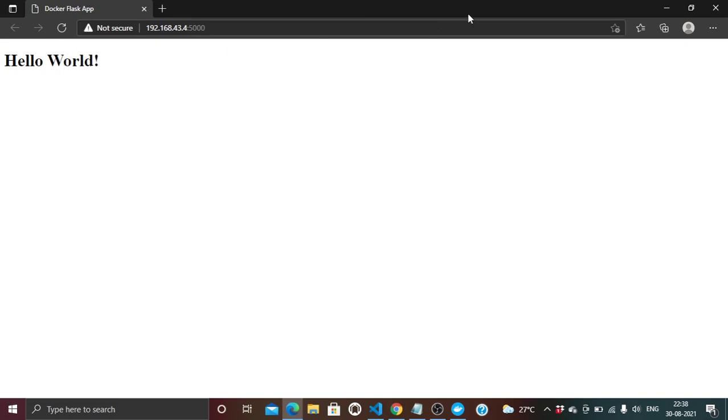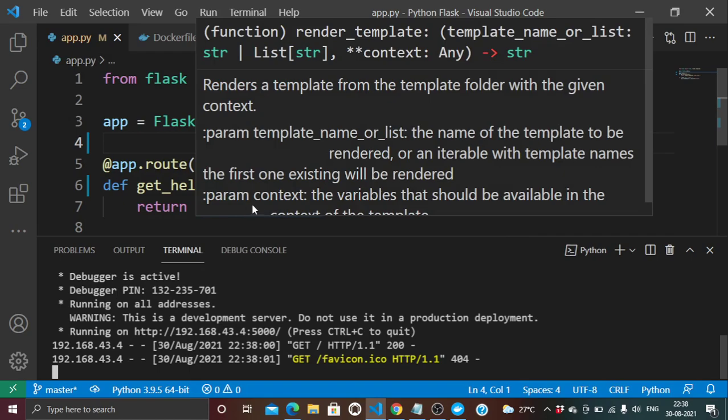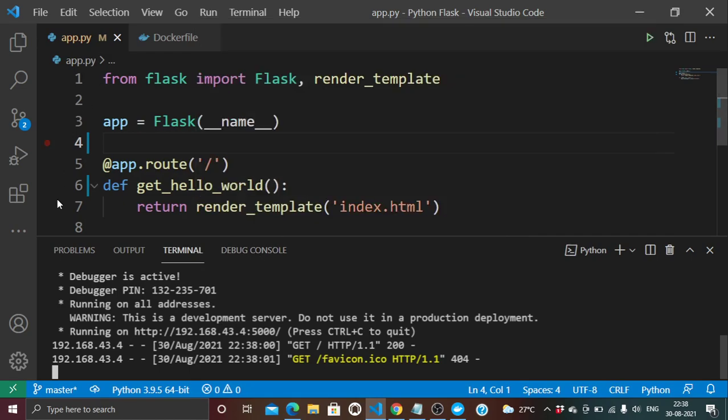So, hello world. This was the index.html page, and we can see that it has rendered index.html, and over here we can see a GET request, the GET HTTP verb, REST API.